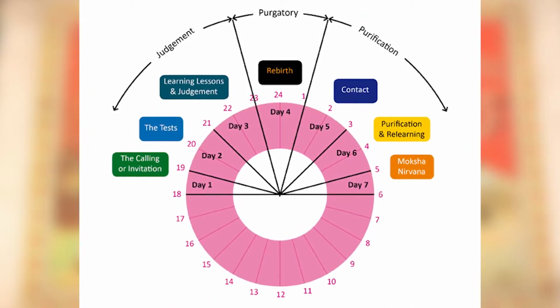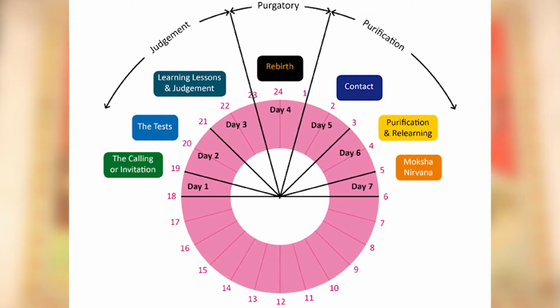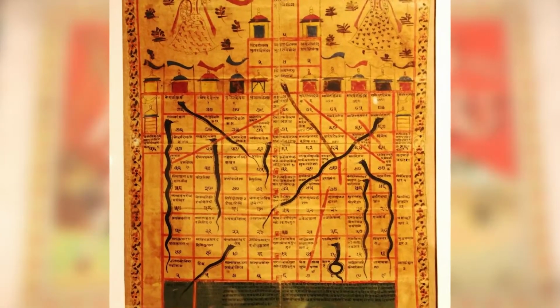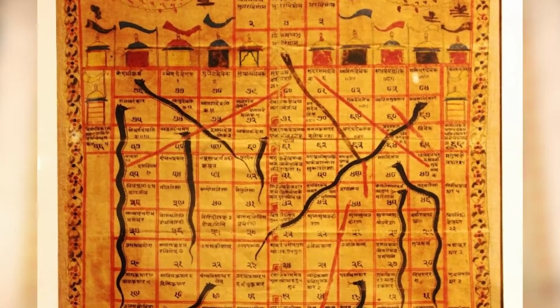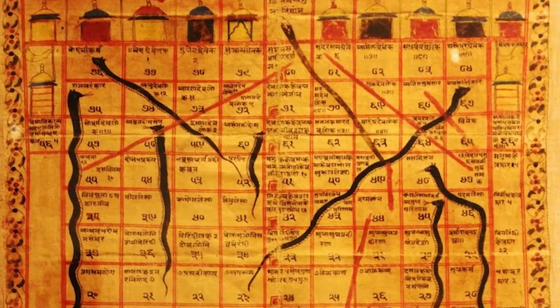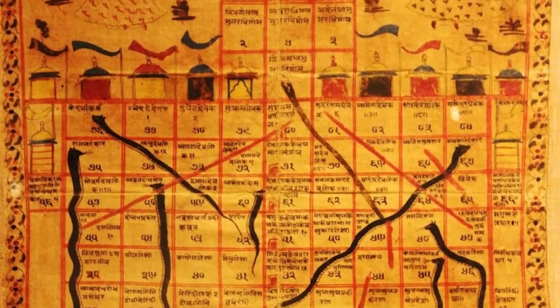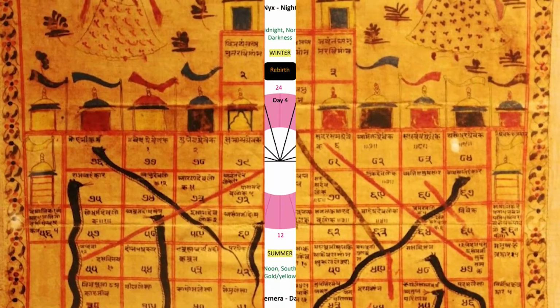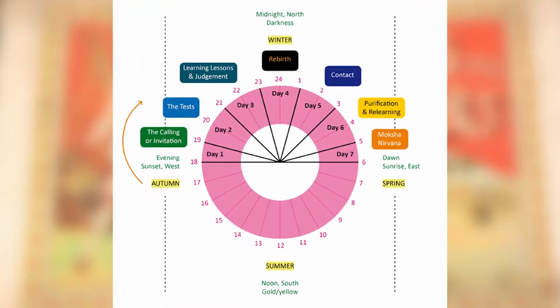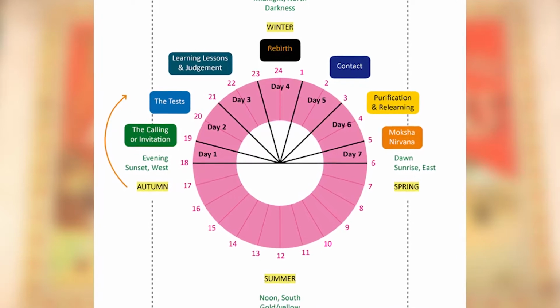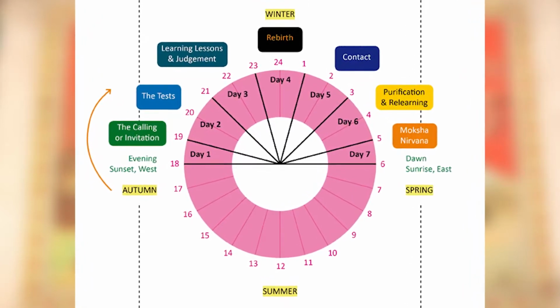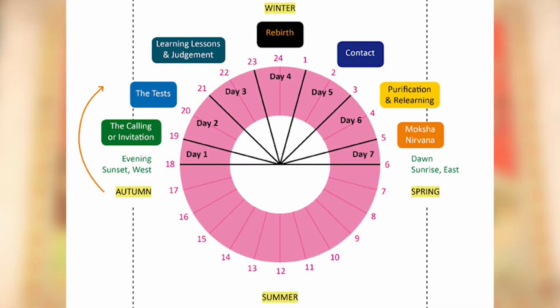Instead of going round a clock, one travels a board. Each square, between 72 and 124 in number, is intended to teach a person what they might encounter and how to handle it. The spiritual path we have used on our site and in these videos uses the 4 seasons: spring, summer, autumn and winter.